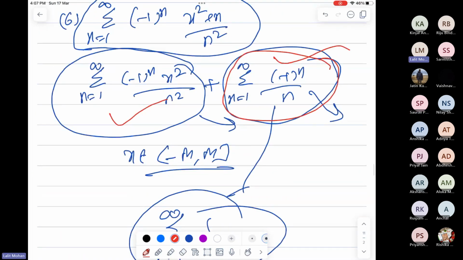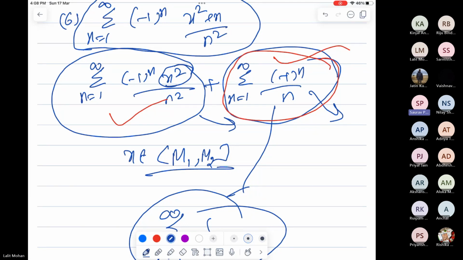Now come to the first part. When x belongs to a bounded interval, means x belongs to some minus m to m. Say, for your simplicity, the bounded interval may be a to b. So it's better to write M1 to M2. My only point is that this x square will be bounded by a unique number or not? Yes, sir. That will be bounded, right? Then you just use